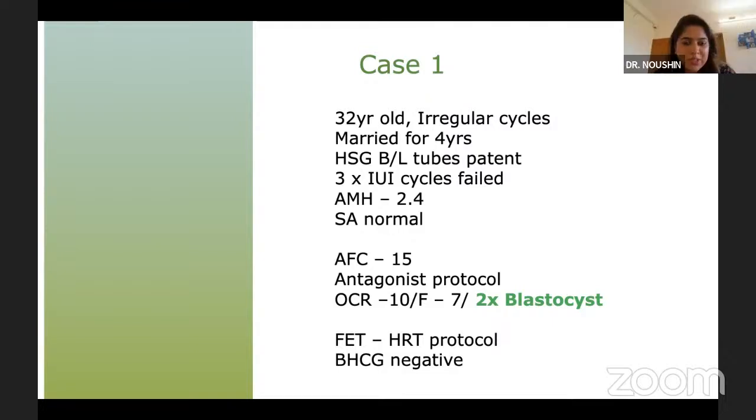Okay. Dr. Geeta, I would like to start from the very beginning. You mentioned that she's having irregular cycles. From her AMH and AFC, it doesn't look like she's PCO. So I want to know why she's having irregular cycles, whether there is any hyperprolactinemia, or whether she has any thyroid dysfunction. So I would like to have an extended baseline evaluation. And then, as Dr. Divyashree and Shweta ma'am said,